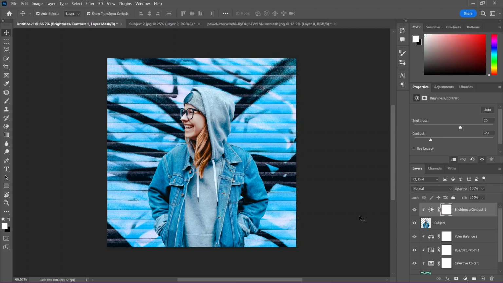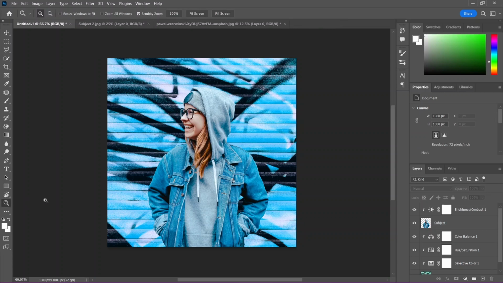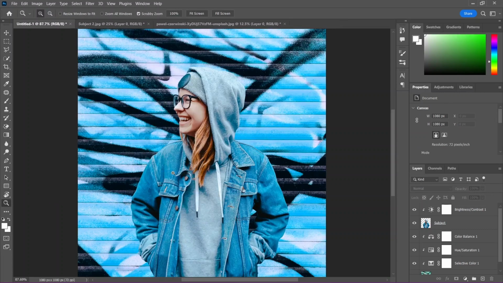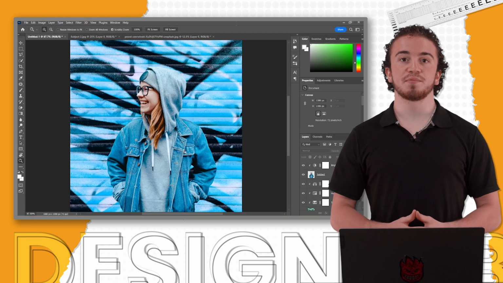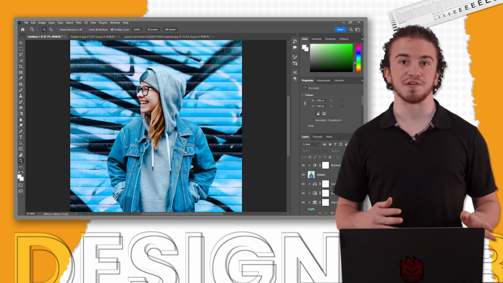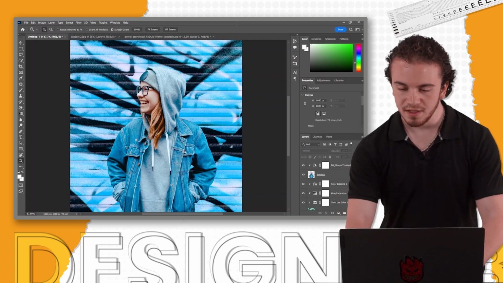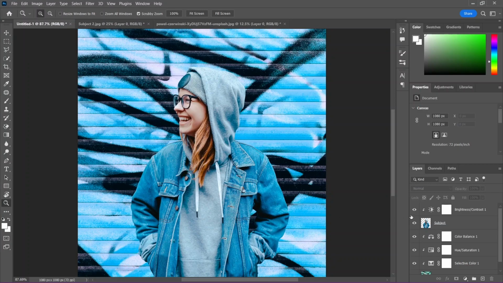So let's deselect this and take a look at our image now. Go to Zoom, fit on screen so we can see the entire image. Okay, this looks pretty good, but let's see what it looked like before and after so we can really see the comparison. I'm going to go over to the right and just deselect some of these. So this is what we had